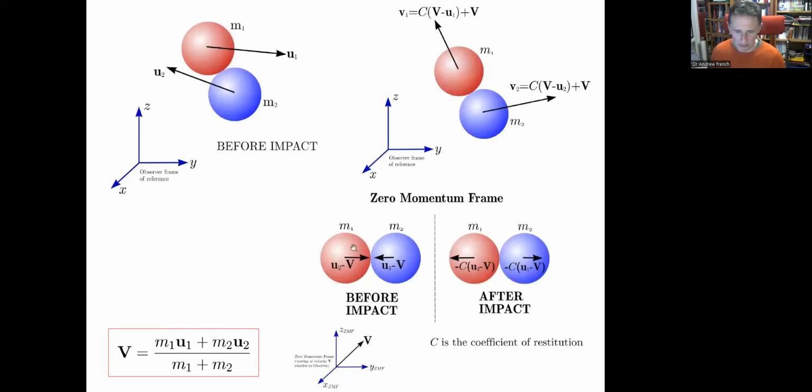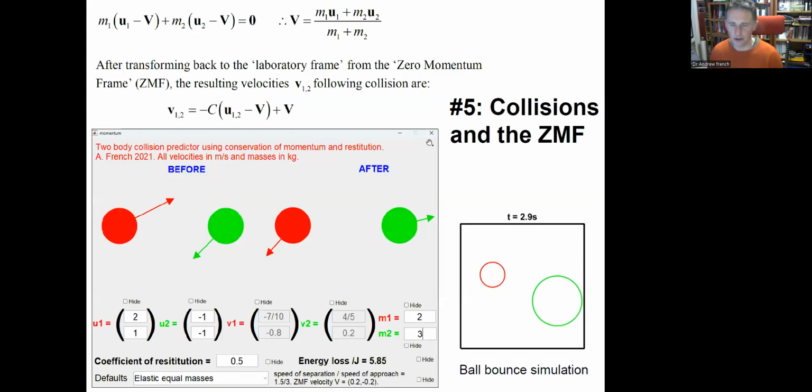But what does it actually look like? Well, if we've got 0 momentum, then the momentum of this one must be equal and opposite to the momentum of this one, because the total momentum is 0. That's the only way it could be. So therefore, after a collision, all that happens is we just reverse the signs. The masses haven't changed, we've not transferred any mass. So in this frame of reference we know what my velocities are going to be. All I have to do is then add the velocity to get back. And I think there should be a minus sign for my C there. So I think there might be a slight error in this one. Oh, no, I've changed V and U. So yeah, that's all right. That is consistent with what I've got here. So there we go.